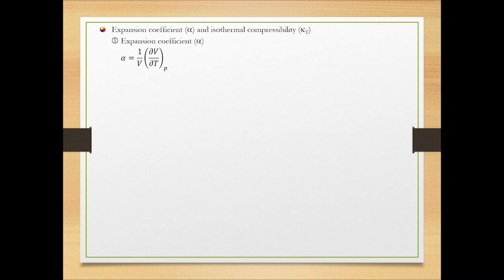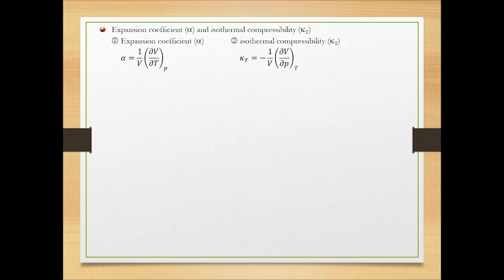The expansion coefficient is an important property in many engineering and scientific applications, such as in the design of heat exchangers, pipes, and containers. Gases are also very compressible, so when subjected to high pressures, their volumes decrease significantly. Be aware that solids and liquids are not as compressible as gases.